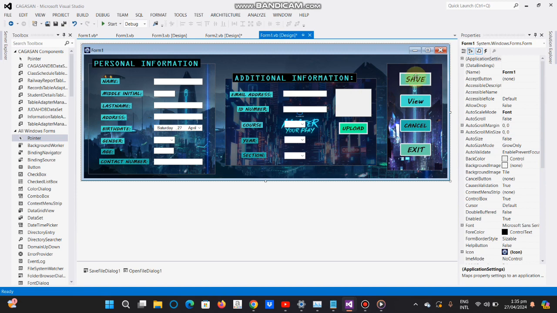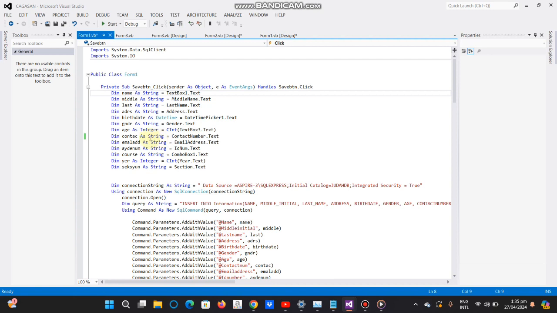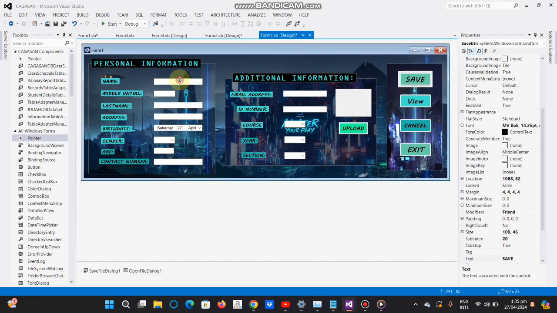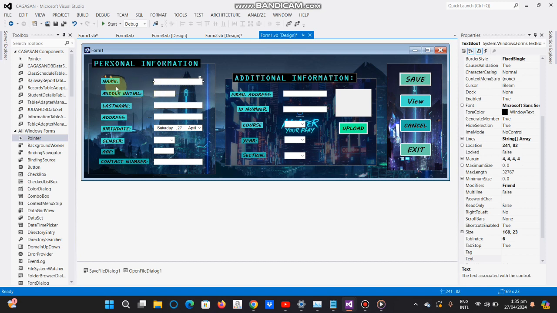For the code in this, I just initialize the variables equal to the text boxes, where the text box of name, the text box of middle initial, and so on and so forth.